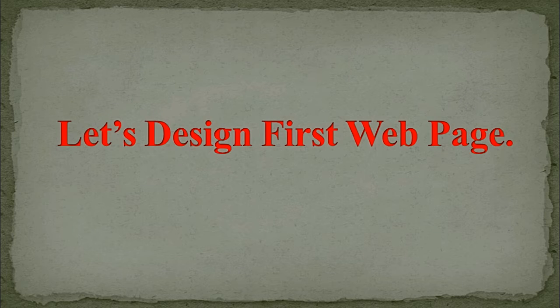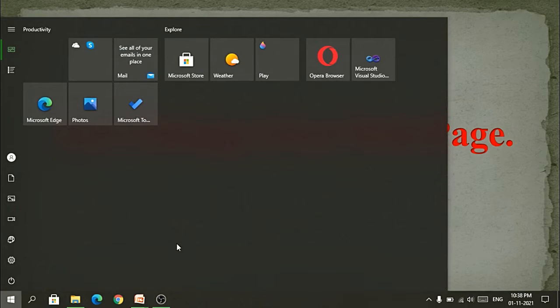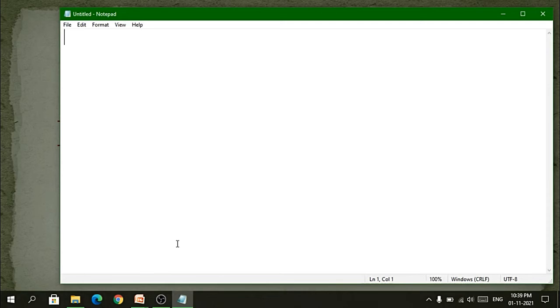Let's begin with the code. So first I need to start with the notepad. As usual, as I told you in my previous video, we need to first create the basic structure.